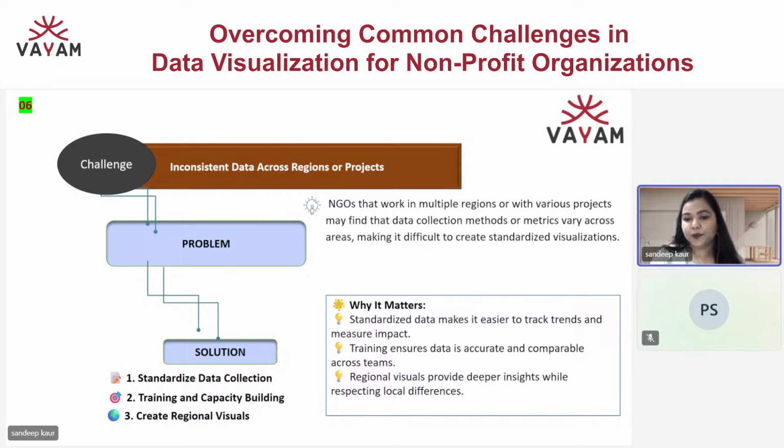In a way, I would conclude that you should standardize your data so that you can track the trends and measure the impacts, right? So the objective is actually to track the trends and measure the impact. Your data should be aligned with this goal only. And of course, to do this, you need to train your staff in a very appropriate, highly skilled manner, so that they are easily able to follow the footsteps of what you require.